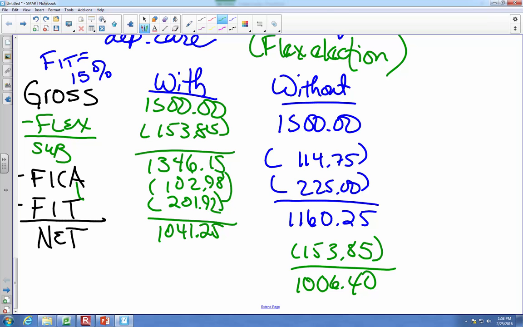What you can do is say, oh my gosh, I know my kid needs braces, and I'm going to have that done in January. I've got the exact amount of the bill, and I'm going to run that through my Flex. Stuff you know. All right? Like you know your daycare bills. You know you're going to get braces. You know you've got to get a crown on your tooth. You know your partner needs to have back surgery. You schedule those things early in the year, you do all your research, and you get the amounts. That's what you can put through Flex, and that can be huge bucks of savings.